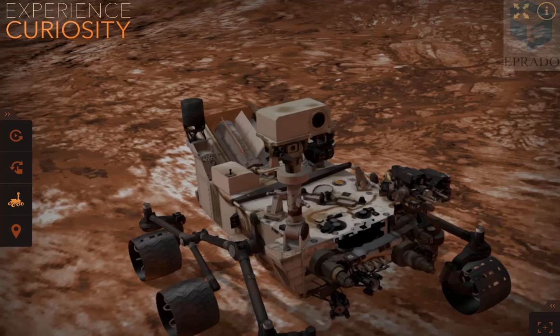This 3D camera acts as the eyes of the Mars rover. As this camera is placed at a height of 7 feet, it looks like a man standing on Mars and looking at the surface of Mars.